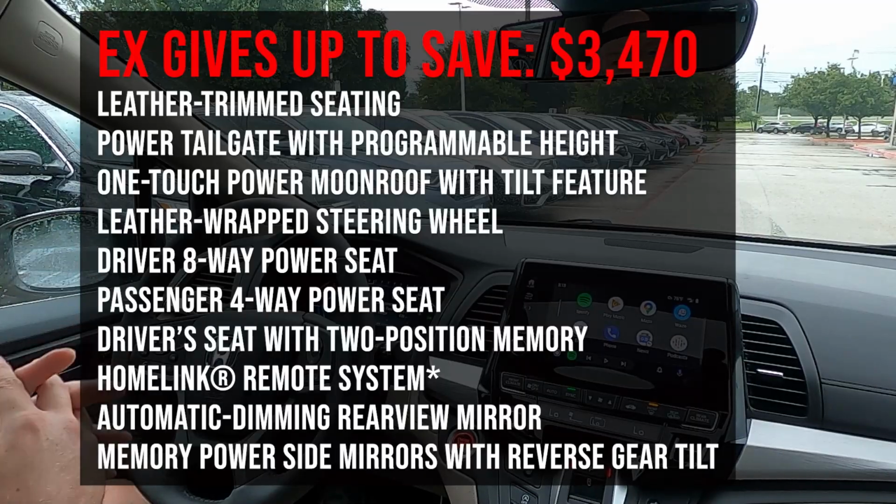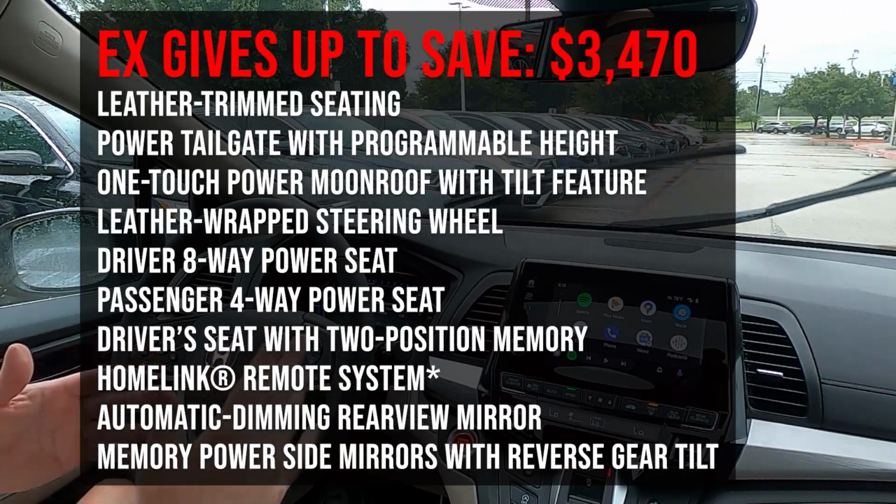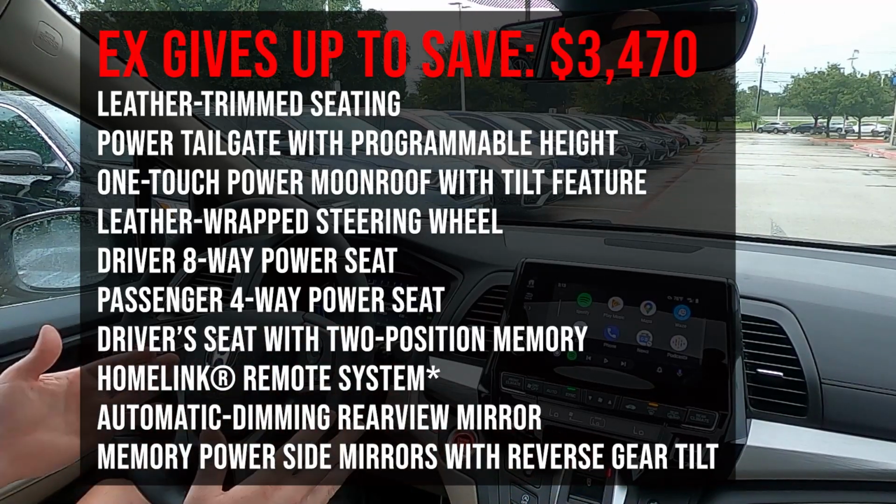Now, as far as comparing this car to the EX down below it, the biggest thing that you're going to give up is going to be that leather interior, which I find a lot of people want if they have kids or dogs. But what I'm going to do is I'll throw up on the screen the items that you're going to be giving up if you drop down a model, along with the money I'll show you that you're saving if you drop down a model. Now, following that, we'd talk about moving up a model, and that would be moving from